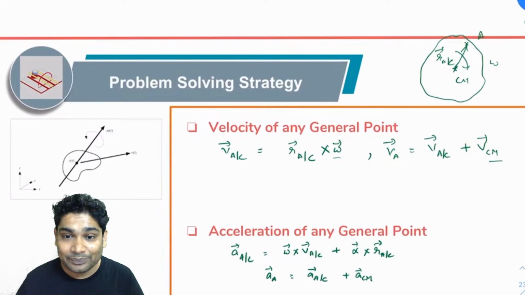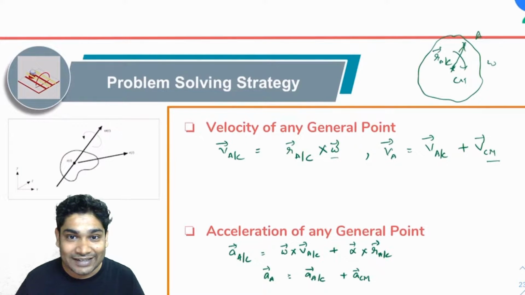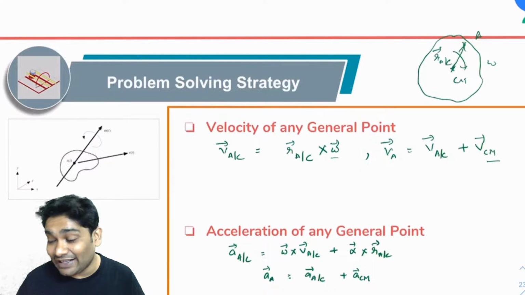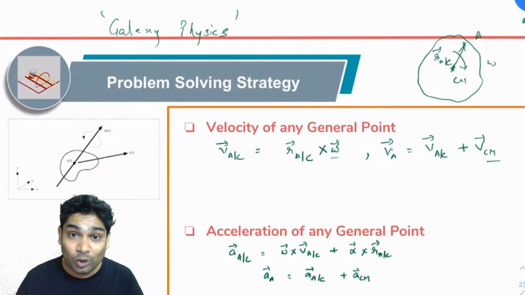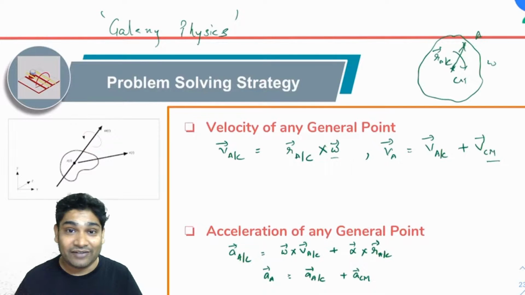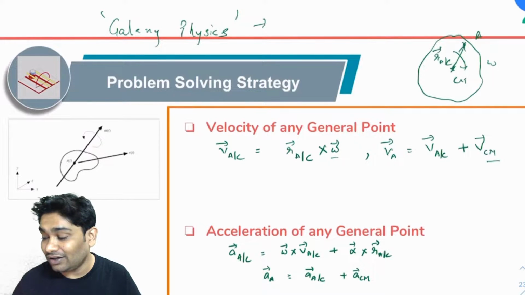Naman, yes, I know HC Verma theory sucks. It's very concise. So Naman, you can try Galaxy Physics also. Galaxy Physics has got a good collection, but only after you are very comfortable in your subject, very confident, because the problems are very tough. So good for Advanced plus Olympiads. So in case you are interested in Olympiads,